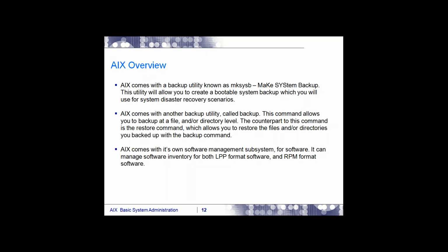Even if we don't get this CD, not a problem. You can directly go to the Red Hat site. It is free of cost. You can download it and start using it. For example, when you go for AIX, the default shell in AIX is the Korn shell, KSH.